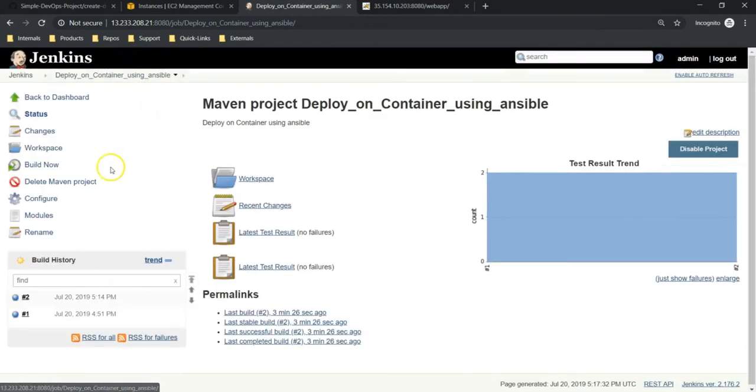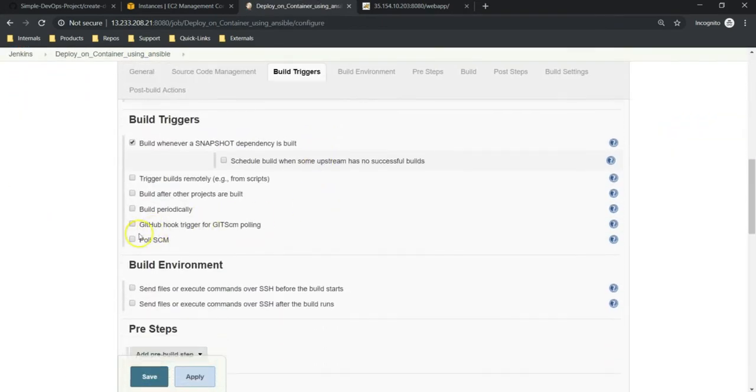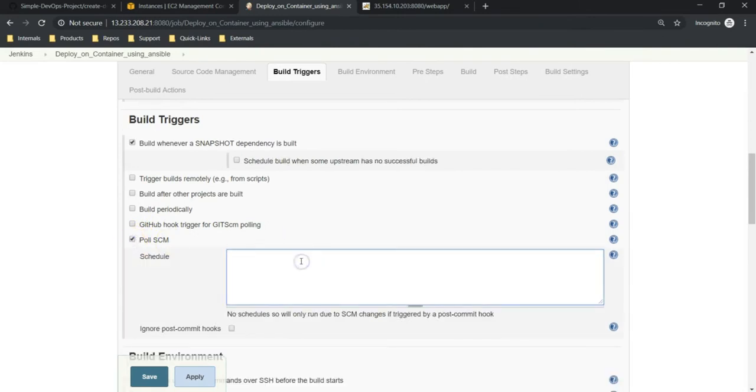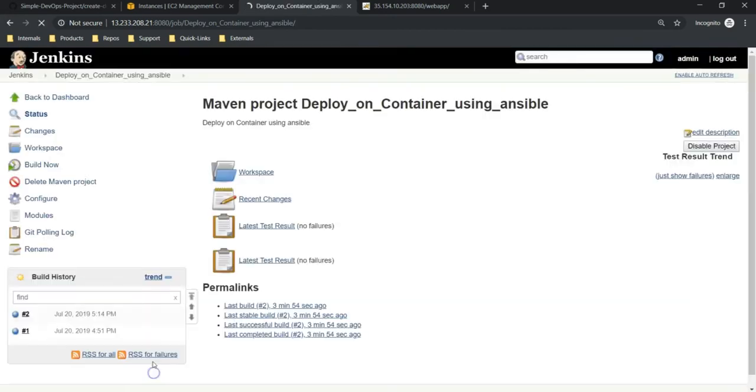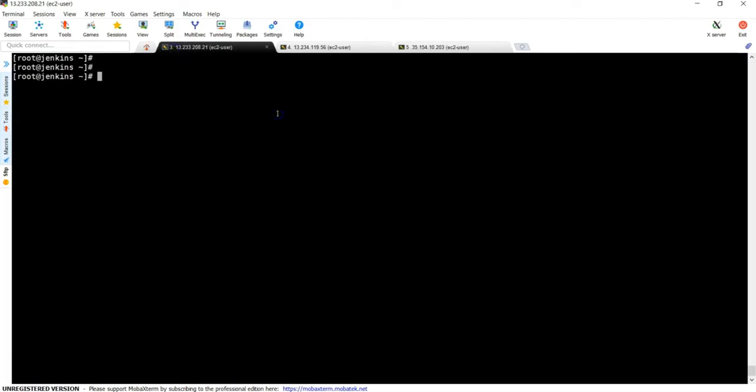So go back, configure, Poll SCM. Here I am setting it to run this job every minute, so whenever it identifies changes, it runs the job. Let's go and change the code. It is available on my Jenkins server.